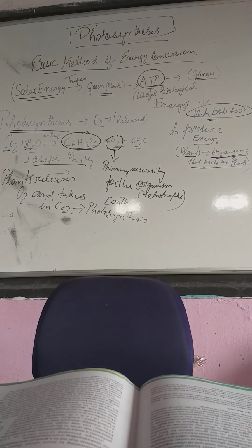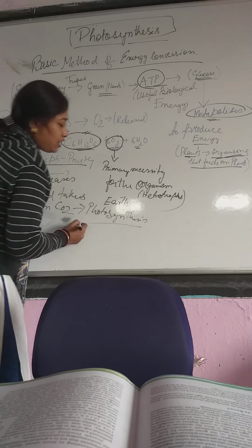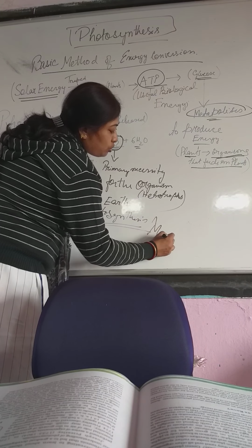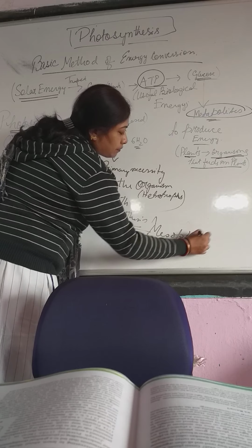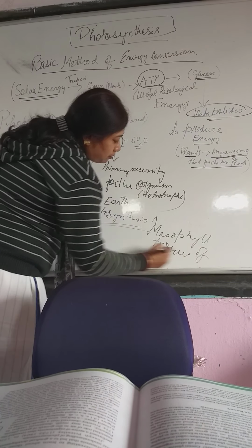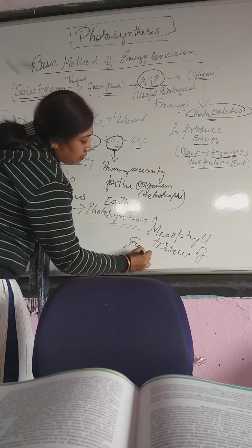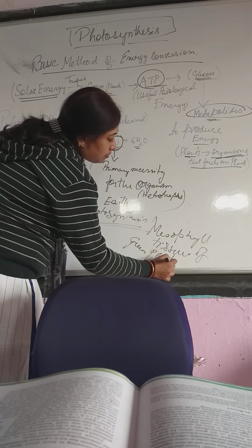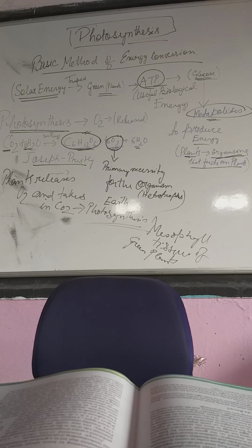photosynthesis. Now basically this photosynthesis is performed in the mesophyll tissues of green plants. It is performed in the mesophyll tissues of the green plant, and